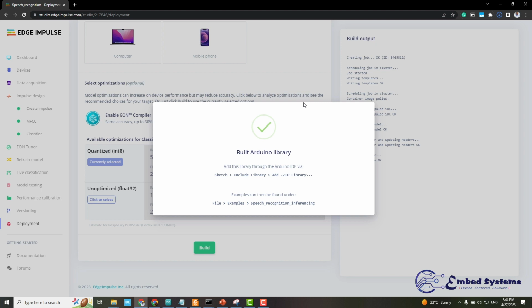It tells you that when you open the Arduino IDE, you go to the Sketch option, include library, and add the zip file. It's already downloaded. You see it's here. So after this, you just go to the downloads, and then in the Arduino IDE, include it, and then we just